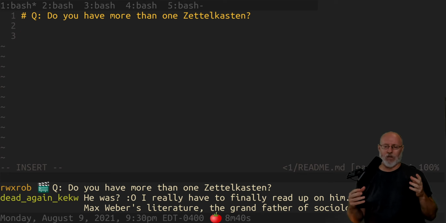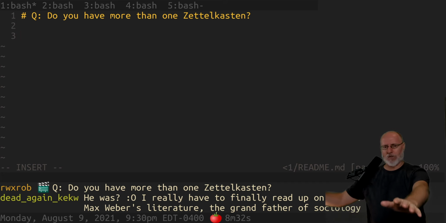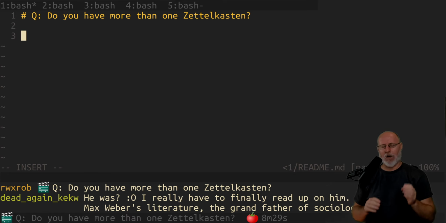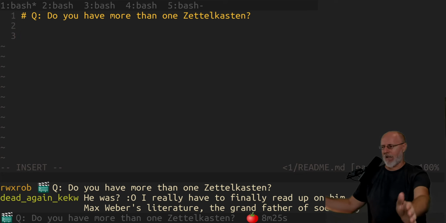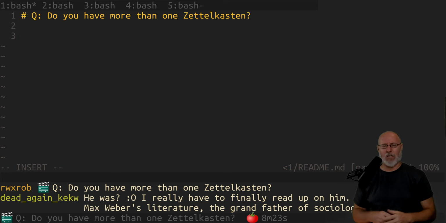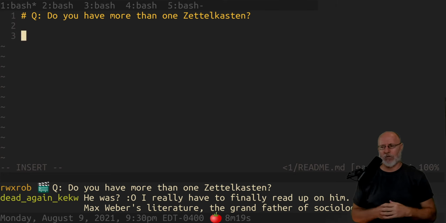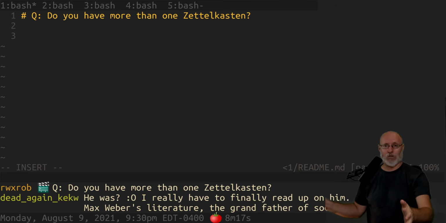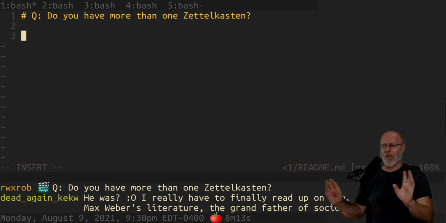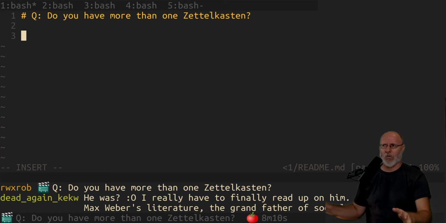So let's back all the way back up to Luhmann himself, to Niklas Luhmann, who started this Zettelkasten thing. He kept one big one that was in boxes that he could reach with both hands, about 8.5 by 11 sheets of paper crammed in there, and that was it. And that's 90,000 or so Zettel entries, and he was able to create over 70 works and publish very successfully. So that was his approach, and he had one. I think he had one other one, but I've only heard of the one.